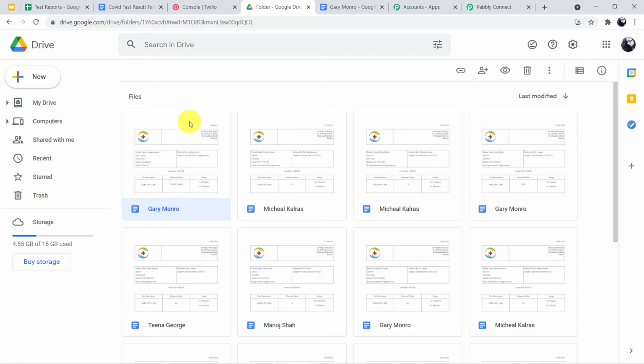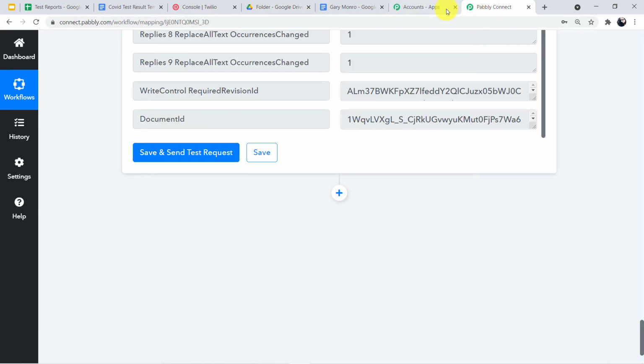Now what we have to do is, as the file is now created in Google Drive, it does not give access to any other person to read the documents of your Google Drive. You need to grant the permission so that the user can see the document which you are sharing.